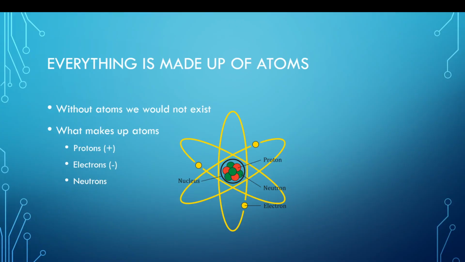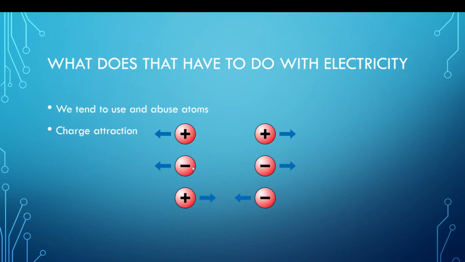Before we explain electricity, we want to know that everything we live with is made up of atoms. Without atoms, we wouldn't even exist. So what makes up atoms? They're made up of protons and neutrons, which together form the nucleus, and the particles orbiting around it are electrons. Protons have a positive charge, and electrons have a negative charge. So what does that have to do with electricity? Well, these are really important